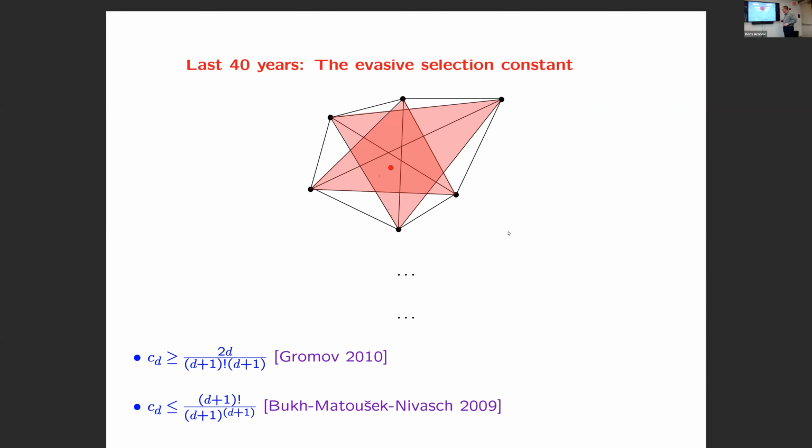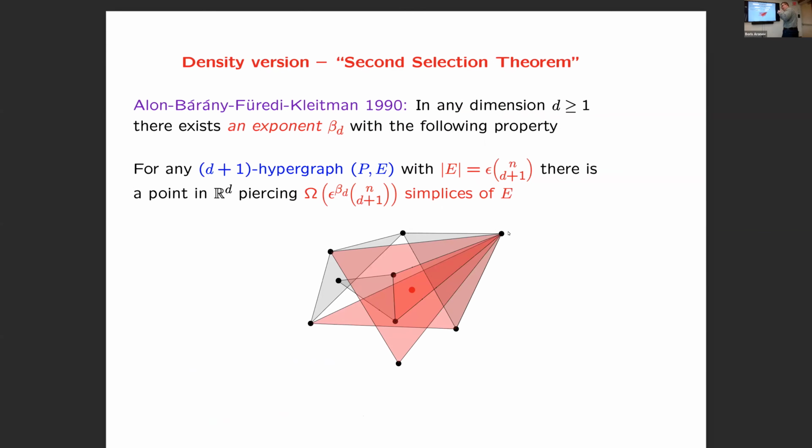So this is the state of the art, and this is the so-called first selection theorem. Even this constant is not well understood, and it bears relation to wonderful studies in overlap properties of geometric hypergraphs, etc. But today we are going to discuss